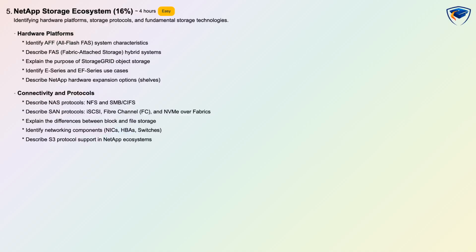The domain covers connectivity and protocols including NAS protocols NFS and SMB, SAN protocols iSCSI, Fibre Channel and NVMe over Fabrics, the differences between block and file storage, and networking components like NICs, HBAs and switches. You will also learn how S3 protocol support fits into the NetApp ecosystem and when to choose object storage versus